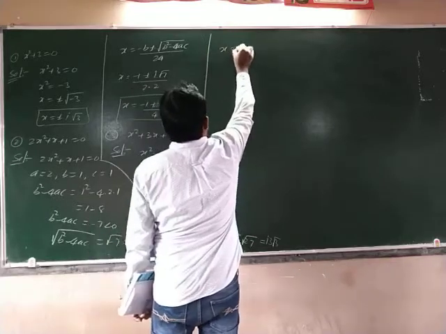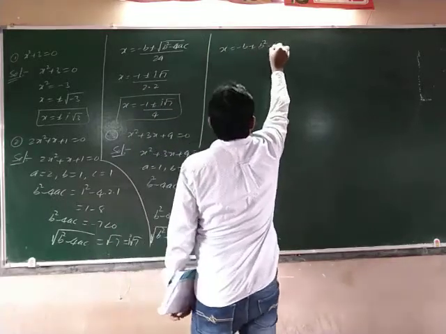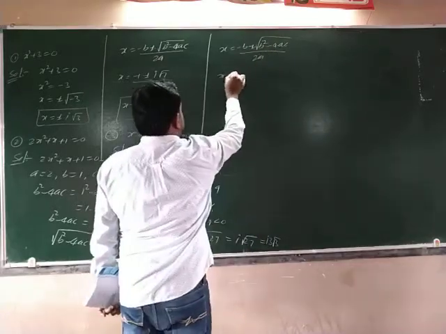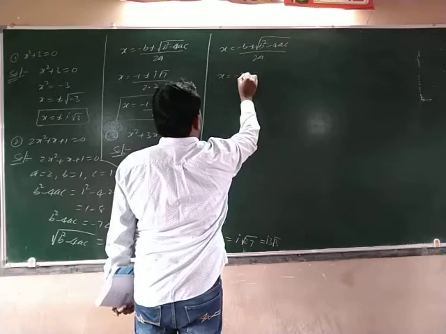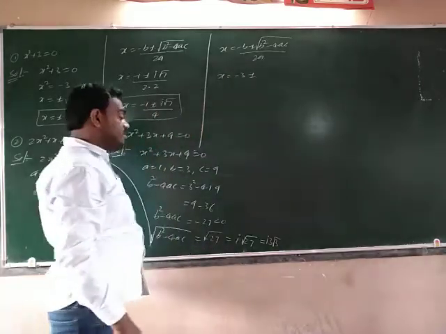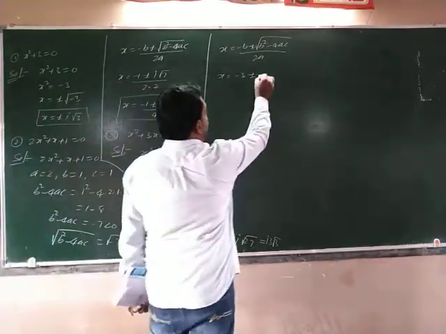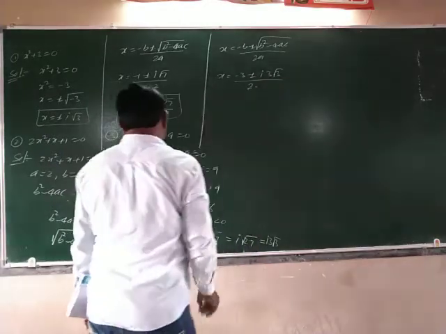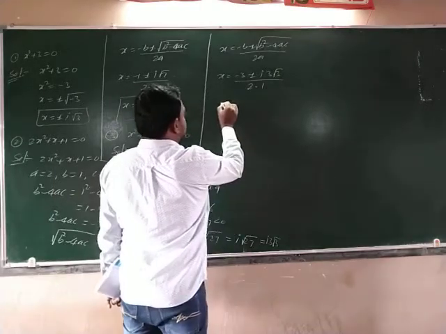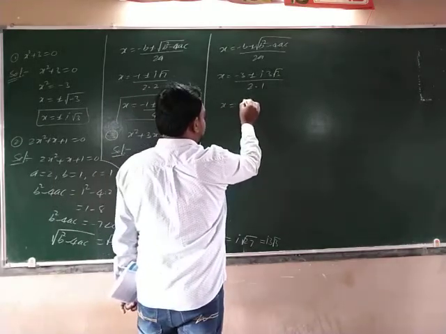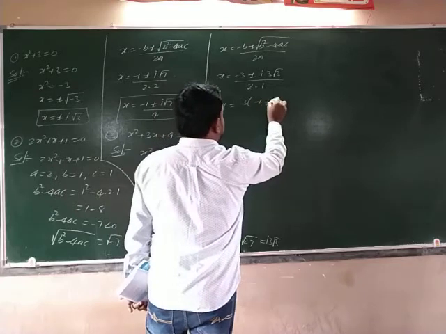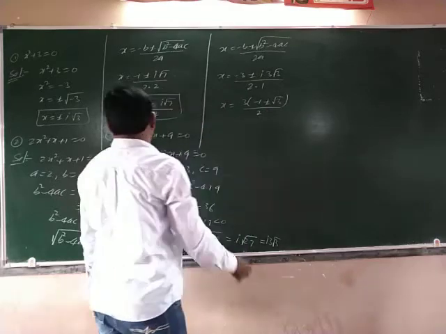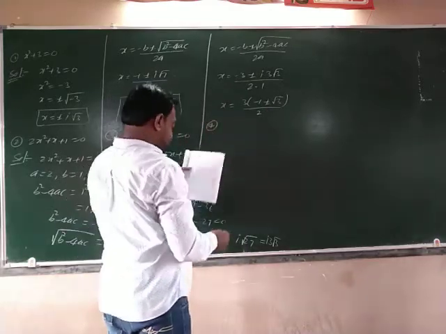Now x is equal to minus b plus or minus square root of b square minus 4ac under root by 2a. Here the square root value is I into 3 root 3 by 2a. What is a? A is equal to 1. That is x is equal to, if you take 3 common, minus 1 plus or minus I root 3 by 2 is the answer. Next, fourth one.